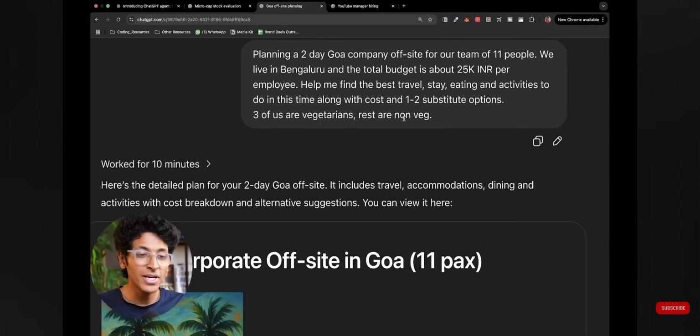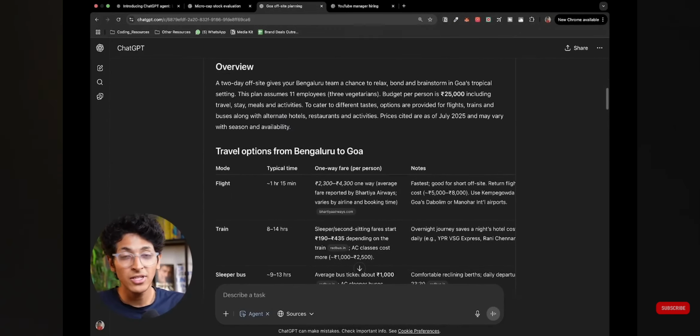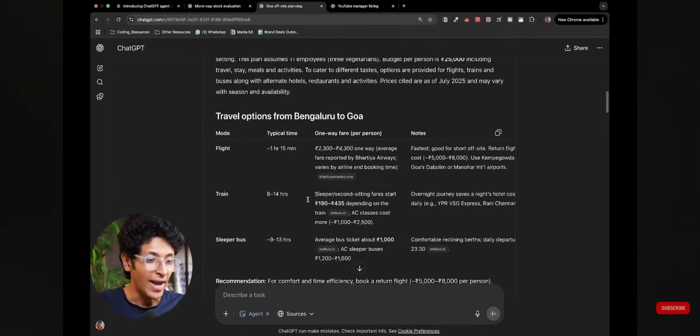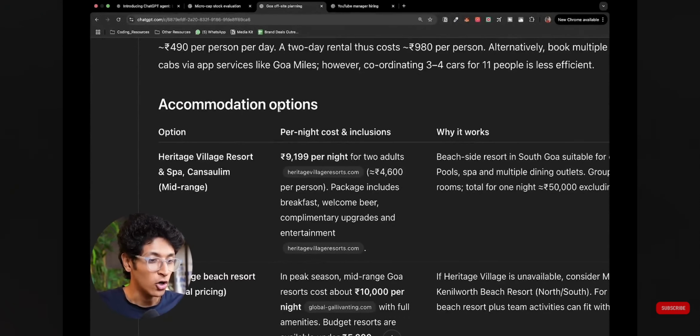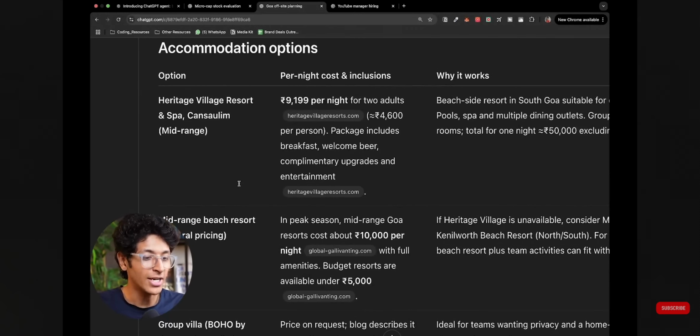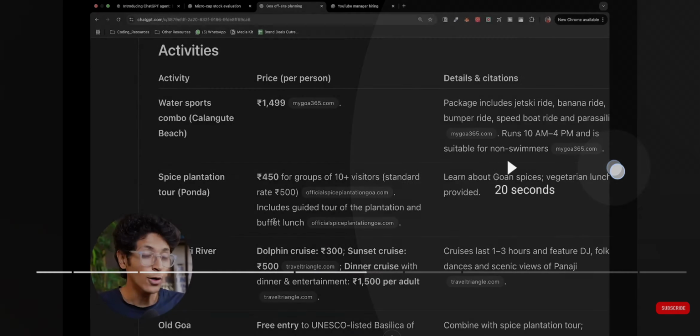Another one is to plan an outing. So I wanted ChatGPT agent to create an in-depth report for the outing that I want to do with my company. So about 11 people, the budget per person is 25,000 rupees. 3 of us are vegetarians, rest are non-veg, 2-day Goa company offsite, and it went in depth and used deep research capabilities to find all the flights, train, sleeper, bus options, the local transport options, the accommodation options that you can see. So the resort that you can stay in, the hotel you can stay in with multiple other substitutes, the eating options considering veg and non-veg priorities, and it